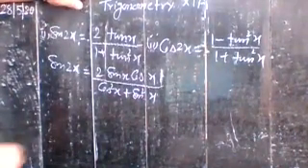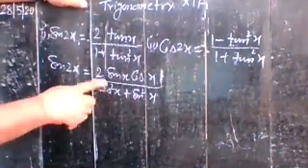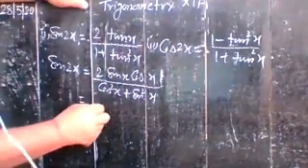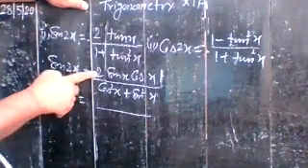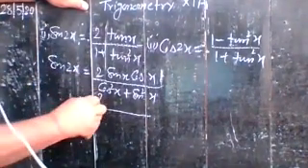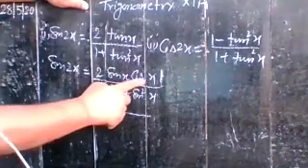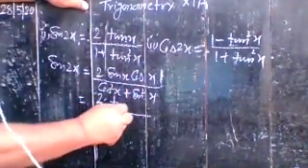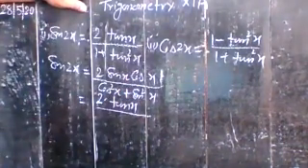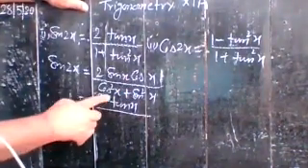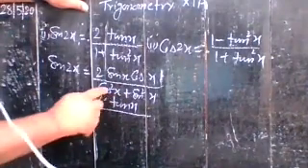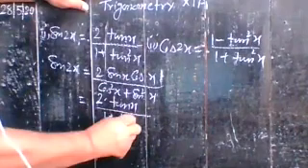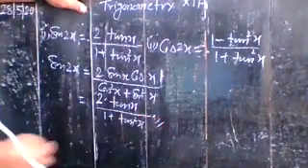Now what you do, here you divide numerator and denominator by cos square x. If you divide the numerator by cos square x, here you have 2, and one of the cos cancels out, and sine by cos is equal to tan x. In the denominator, you divide by cos square x, so here you have 1 plus tan square x. So in this way you have your identity.